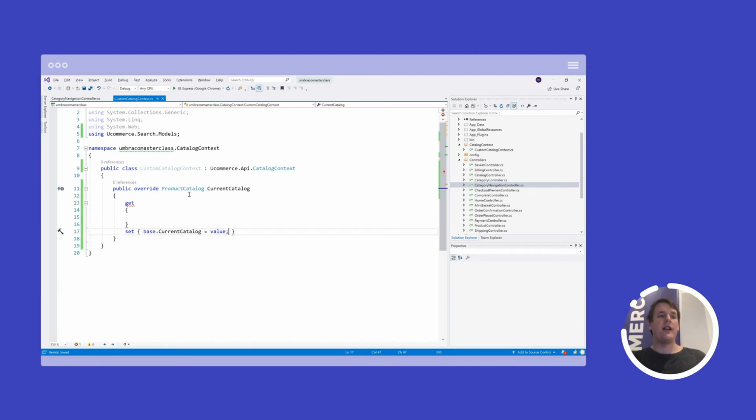So the good thing about inheriting the default implementations in the platform is that we have our own business logic, but if we cannot adhere to that, then we can always just let UCommerce handle the default implementation instead. So the logic goes here in our getter that if we can define that the user is logged in, return our own catalog, otherwise let UCommerce handle it.